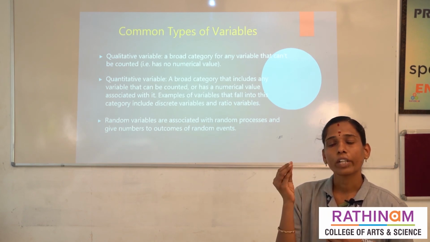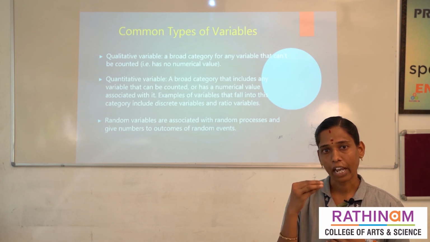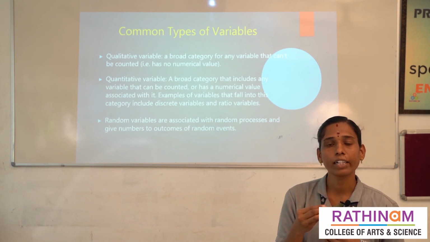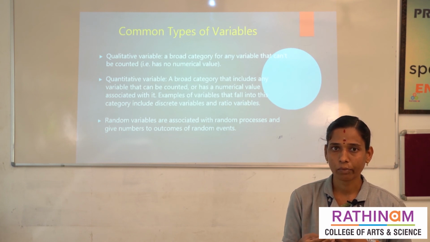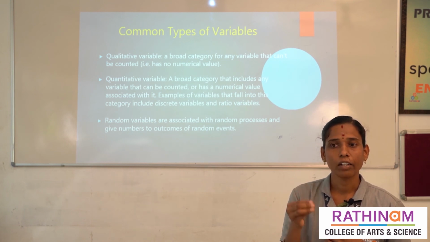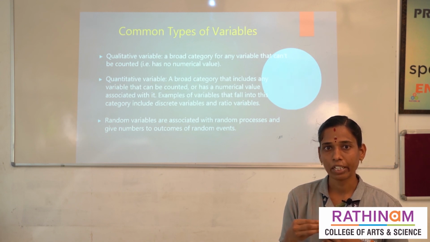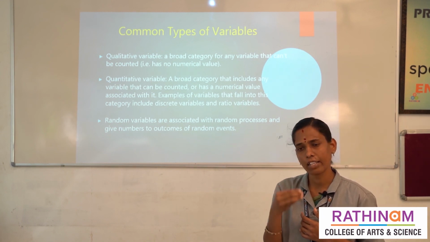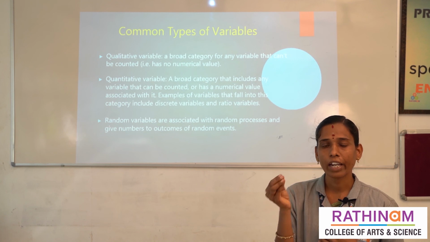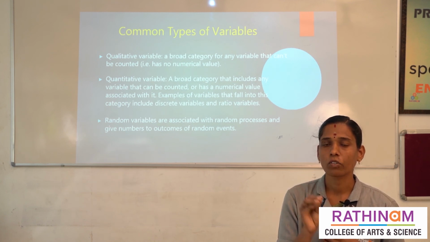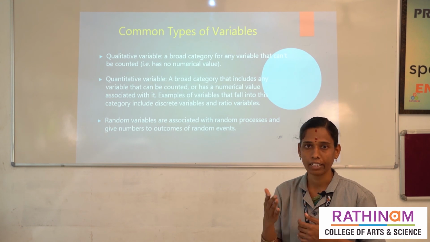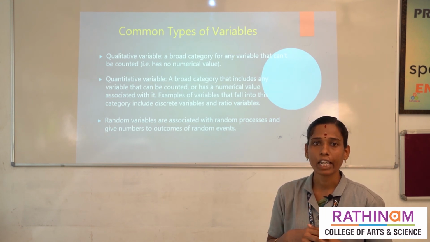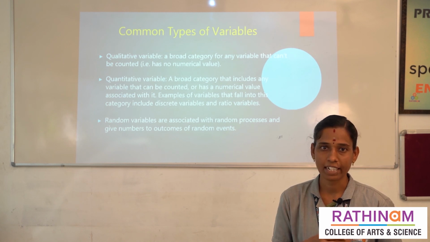Out of this, we have one more variable, called the confounding variable. Why are we using that one? For an experiment, we are considering one experiment. In that experiment, we have some extra variables which we are not using for that experiment. So that's why we are calling it a hidden variable. So that is called the confounding variable. So these are all the types of variables we are using in statistics.